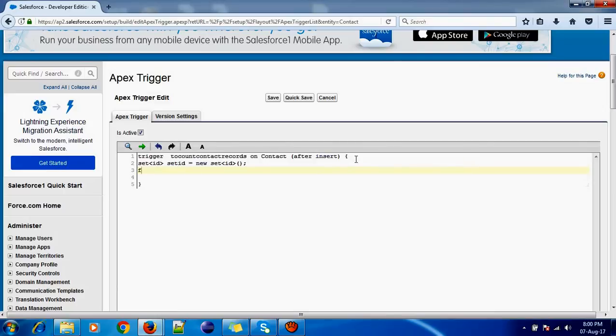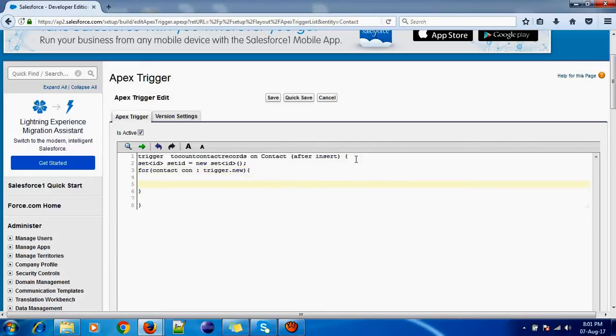Now I will take a for loop and run the for loop on the contact object. Contact, I'll name it con, in Trigger.new. Trigger.new means it will run the trigger on the new set of records.